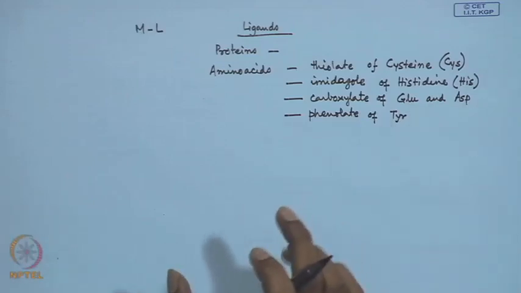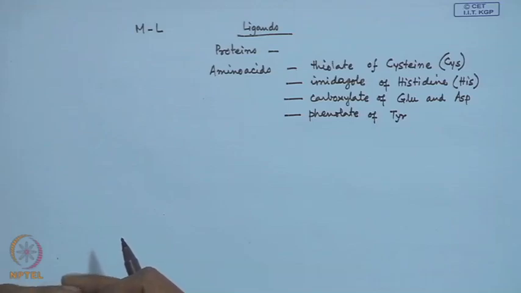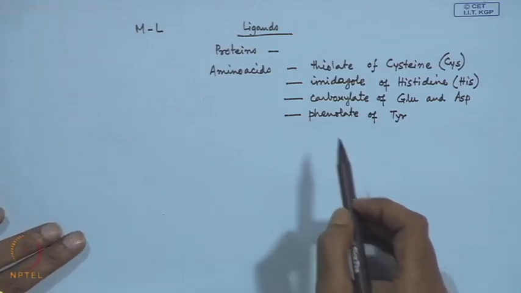So, these are a few examples of those groups, when you have the ligand structure and those ligands are